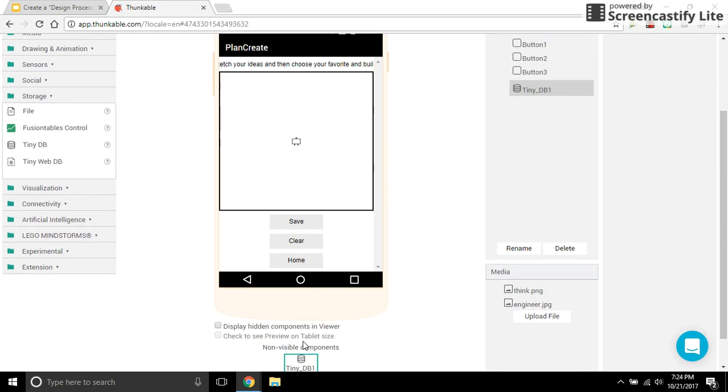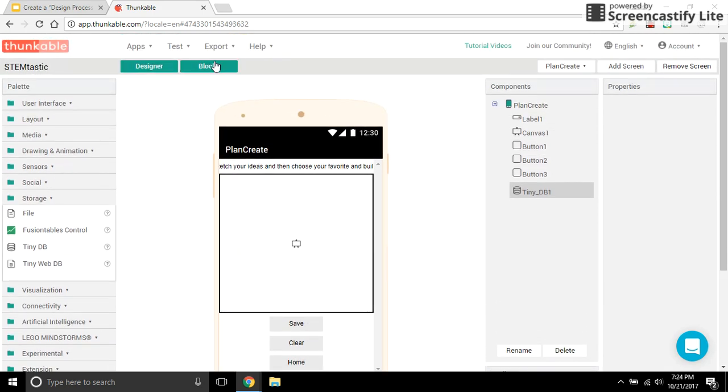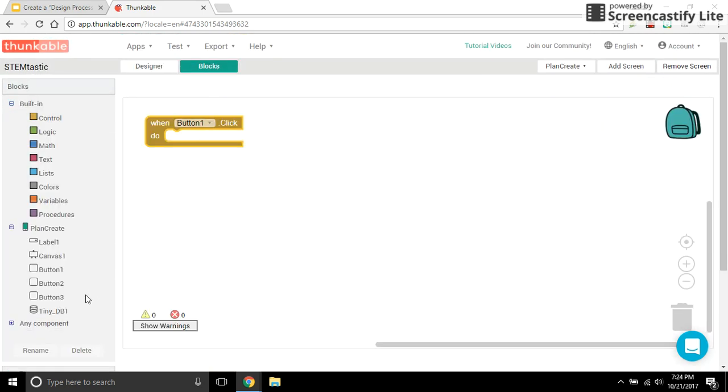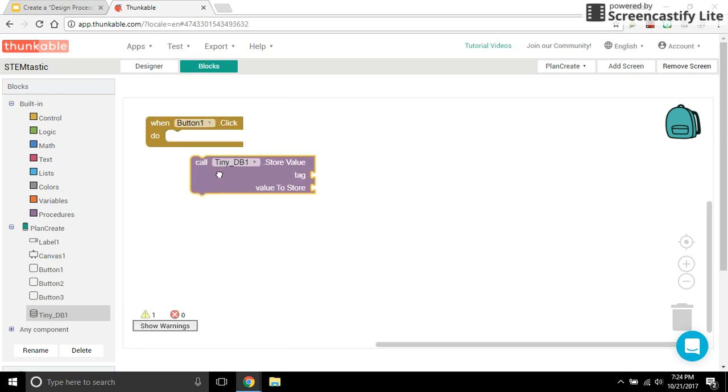It's going to hide it underneath here. It doesn't actually show up. All right, so now that we did that, we can go back to blocks, and it should be right here. Okay, so when button 1 is clicked, we need to tell TinyDB to store something. So we're going to go ahead and grab that over. It says call